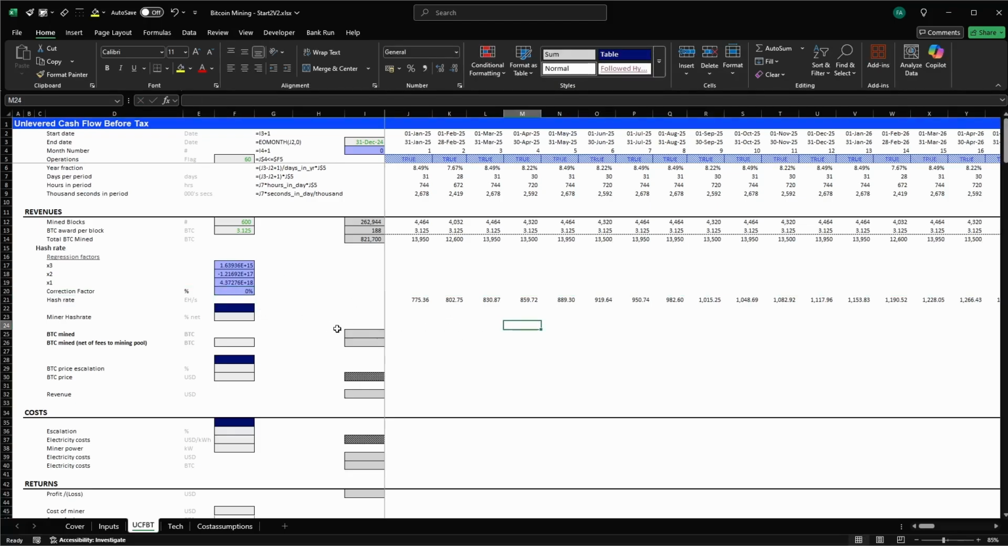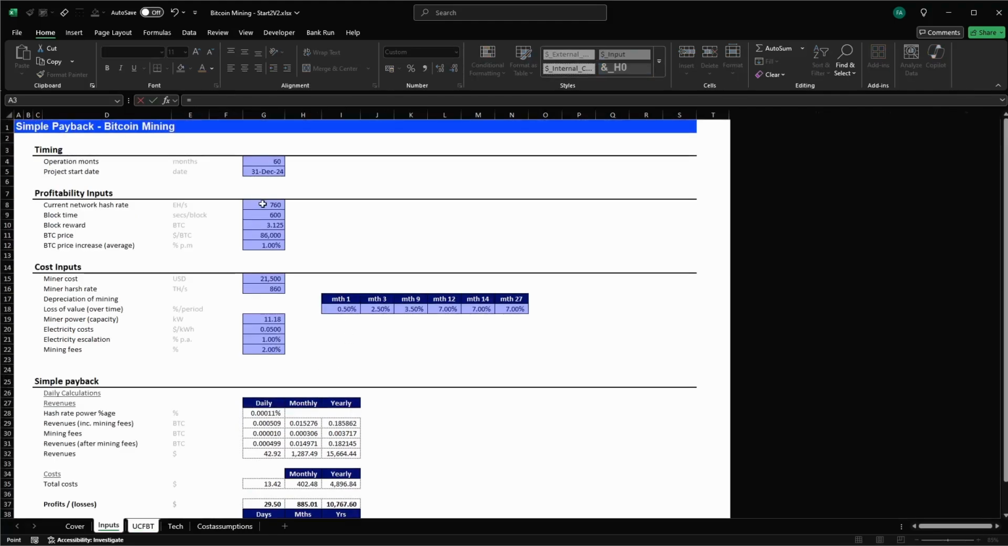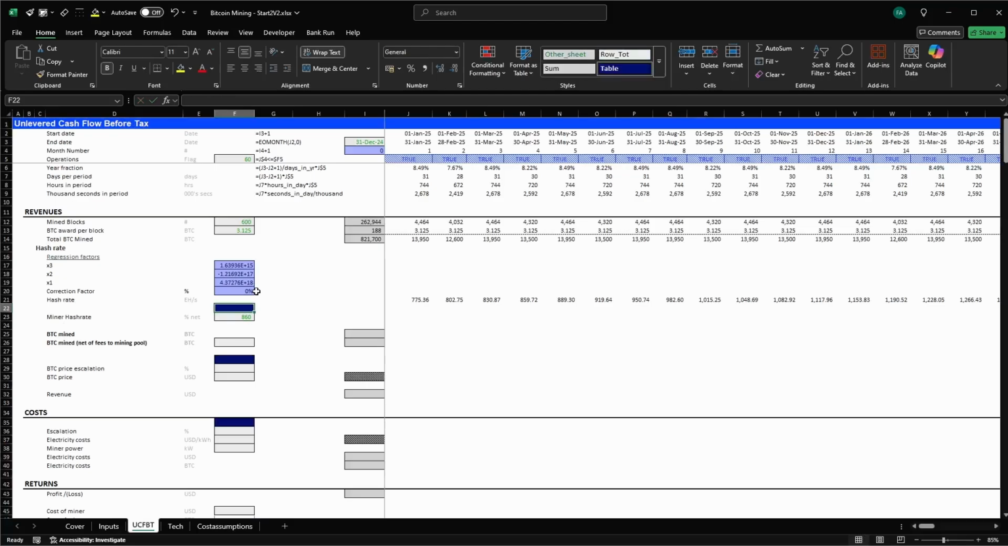Cool, so we got it done. Now we have to calculate what percentage of the network we own. So this is going to be our percentage. Currently how much do we have? We have actually 806 terahash per second. So how do we calculate this? This is going to be equal to the number that we have,